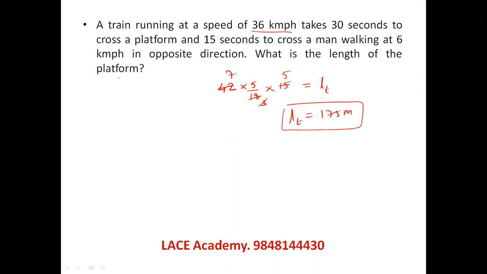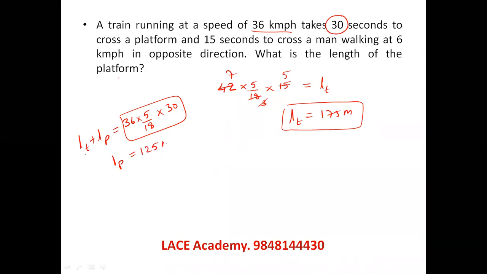Now when this train crosses a platform, it is taking 30 seconds. So length of the train plus length of the platform is the distance to be traveled, and that distance is traveled with a speed of 36 km per hour, which is converted to meters per second into the time taken. And this is exactly 300. See, 18 to 36, 300. So length of the platform should be 300 minus length of the train, which is 300 minus 175, which is 125 meters. That's what he's asking. Let's see the next question.